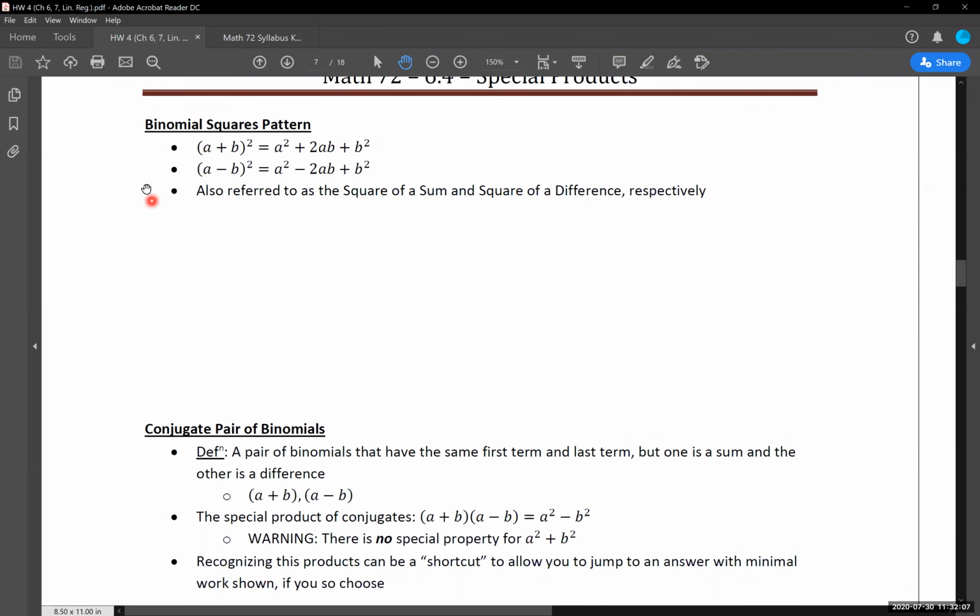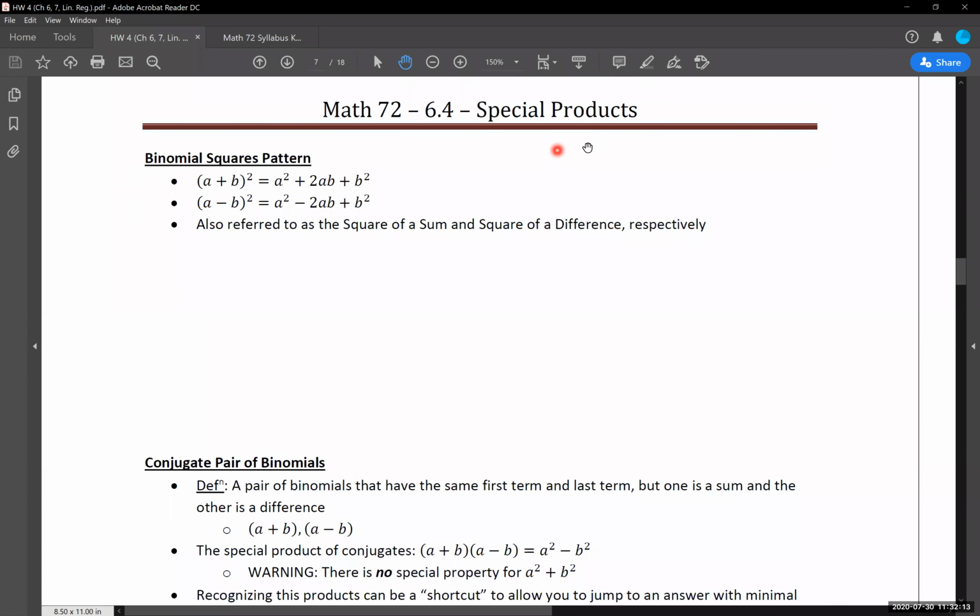I do want to note that I think these two are some of the harder ones to memorize of these special products. And again, these special products are not ones that you are absolutely required to have memorized for multiplying polynomials together. I think it's nice to have them memorized, but these two are a little bit trickier to have the final answer nailed down for ourselves. If you're able to do that and keep track of that, fantastic. Then you can absolutely just jump from what I've been given at the start to your answer. No work required, which I will be making a note of on the test if I were to give you something like this.